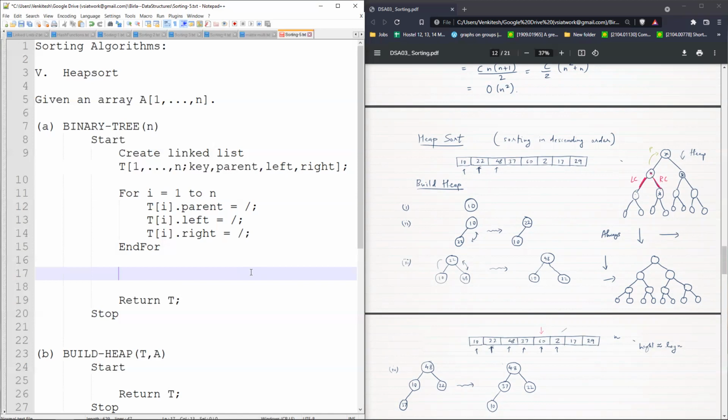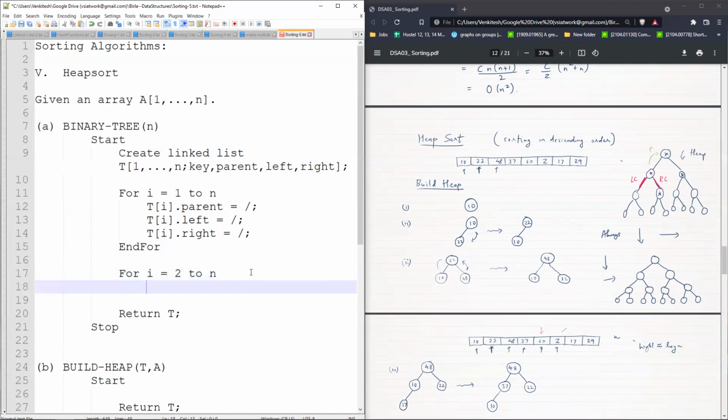So that is the idea. So let us first initialize all the parent pointers. For i equal to 1, the parent is empty, so we don't have to do anything. So for i equal to 2 to n, we will set the parent pointers. Now, what does this depend on?